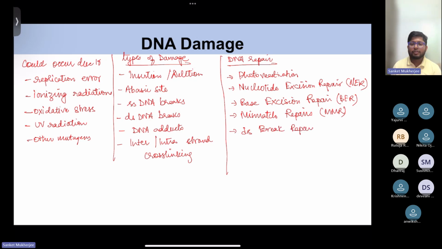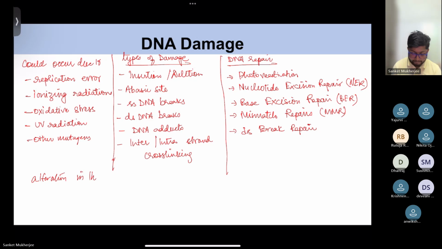These are the major pathways by which DNA is repaired, right? We'll talk about it. So when we say that a DNA is damaged, what do we mean? We mean that it is an alteration